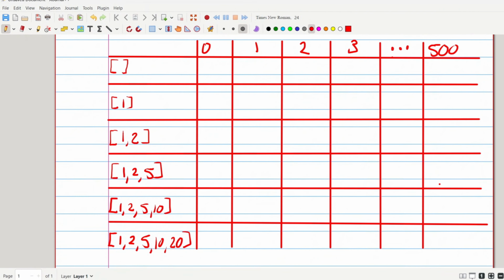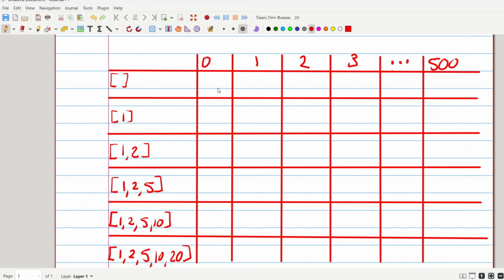So first things first, what is this top left index and what is this bottom right index? So the bottom right index is actually what we're trying to find. We can use all of the coins and the total is 500p, right? Which is equivalent to £5. The top left index is a total of 0 and we can use 0 coins. We don't have any coins at our disposal. So this random index here is going to be a total of 2p, and we can use the coins 1p